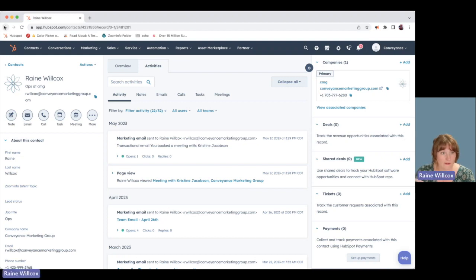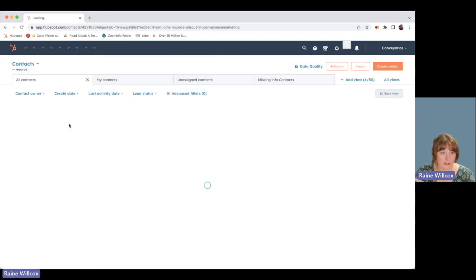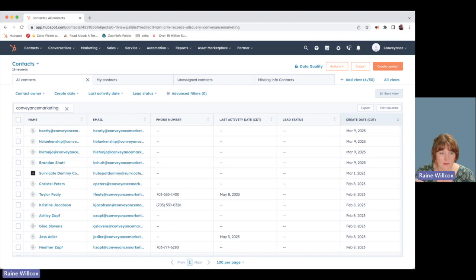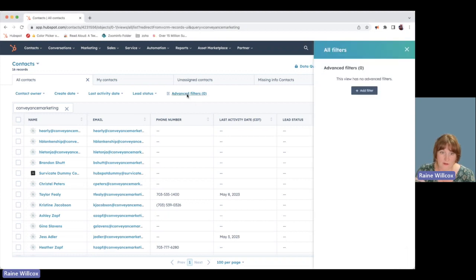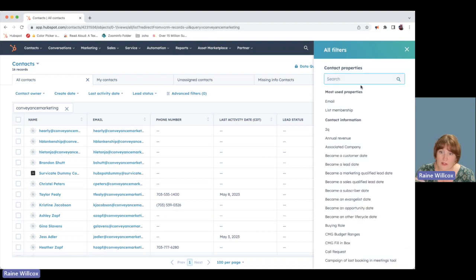All right, let's go back. Conveyance Marketing Group right there. And then the next thing about cleaning up your contact information: it's always a good idea, not just for correcting things, but to look for where there might be issues with your contacts. So we're going to actually come over here. We're going to add a filter, and we're going to look up